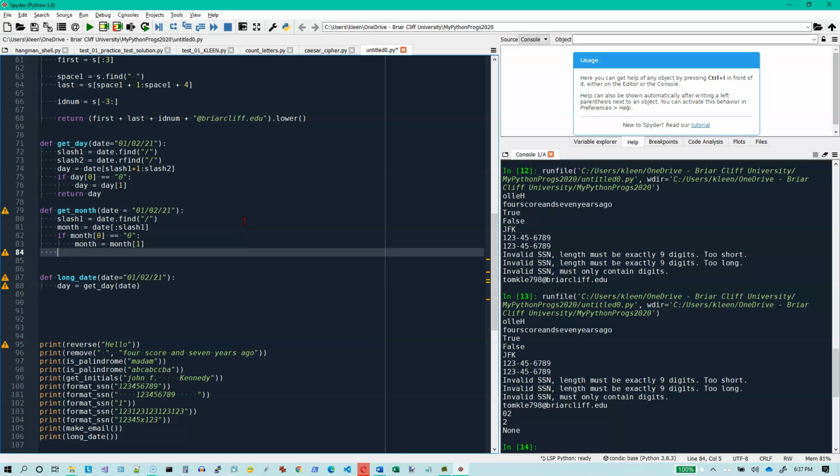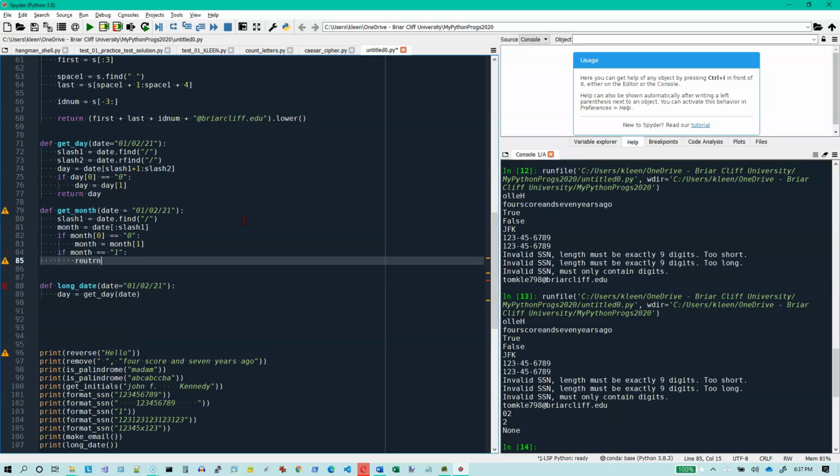So that's going to be just one big long if statement. And actually I'm going to do 12 if statements, short ones. So let's do this. If month equals, now it's text, so it's a string. Then what I want to do is return,